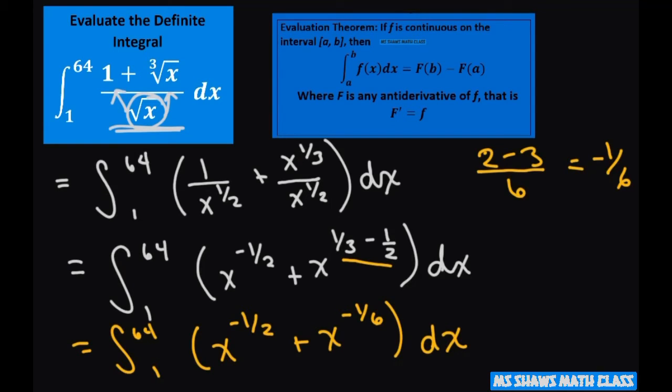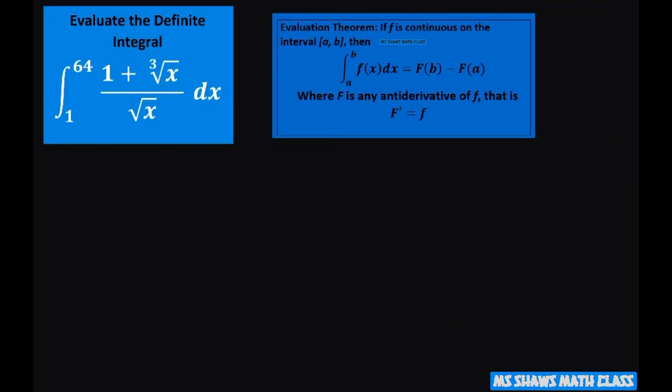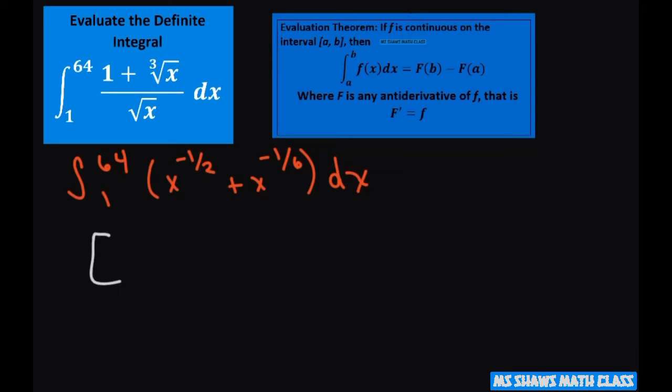And now we can integrate. So when you integrate it, let me go ahead and write it real quick one more time. So we had, I'm going to write it really small here. So we had x to the negative 1/2 plus x to the negative 1/6 dx. All right. Now, when you integrate this, you add 1, so this is going to give you 1/2,